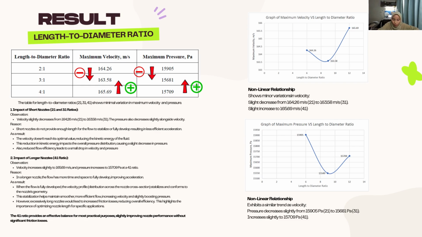Next, the impact of a longer nozzle. We can observe that velocity increased slightly to 165.69 meters per second, and pressure also increased to 15,709 Pascal at 4 to 1 ratio. This is because in a longer nozzle, the flow has more